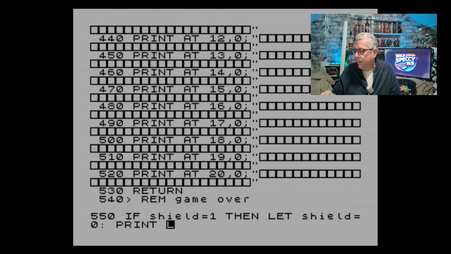But if shield is 1, then let shield equals 0, because it's looping to see if you have collided. And if you have, and the shield's on 1, it'll let you go through the tail, but then reset it to 0. So if you try to go through the tail again, you will die. Unless, of course, you've picked up the shield flashing block. Hopefully that makes sense. So print at 0,13, ink 7,